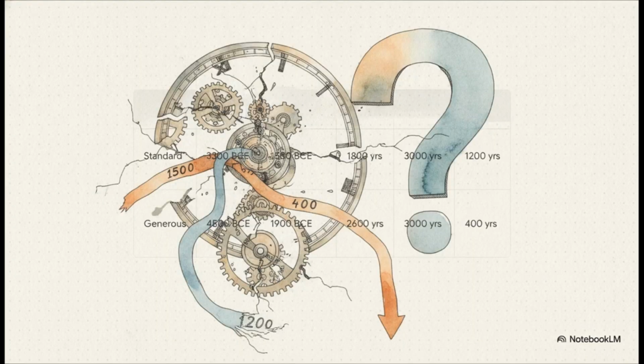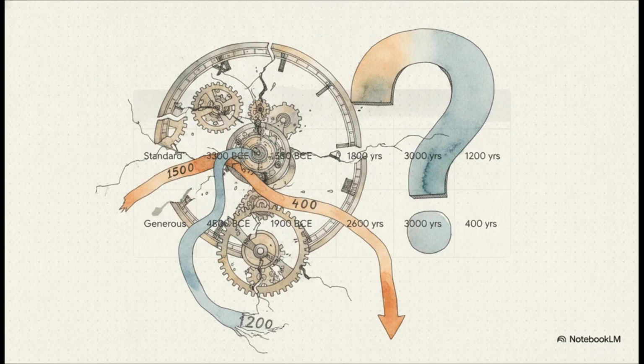We now have all the pieces of our logic puzzle, so it's time to crunch the final numbers. Check this out. If we use the standard most accepted dates in the field, 3300 BCE for PIE and 1500 BCE for Sanskrit, we only have a window of 1800 years to fit a 3,000-year process. That is a massive chronological deficit of 1,200 years.